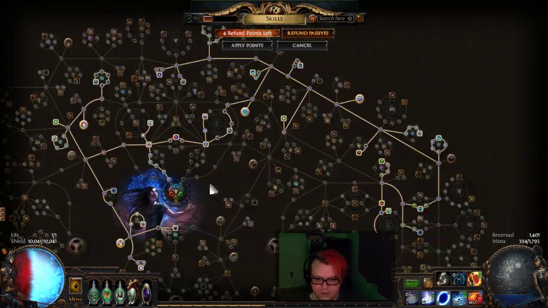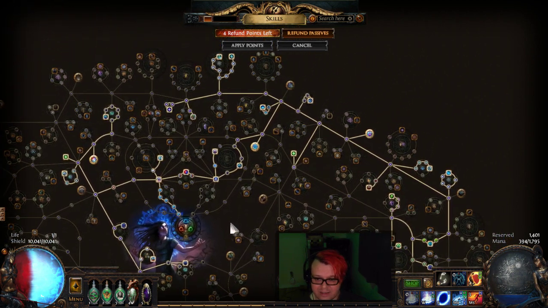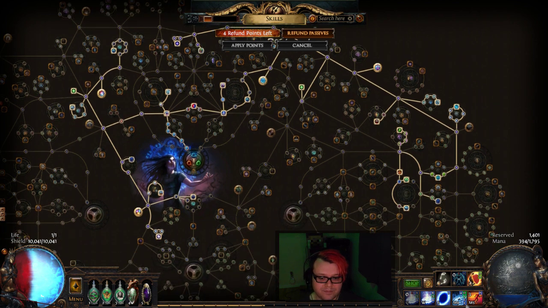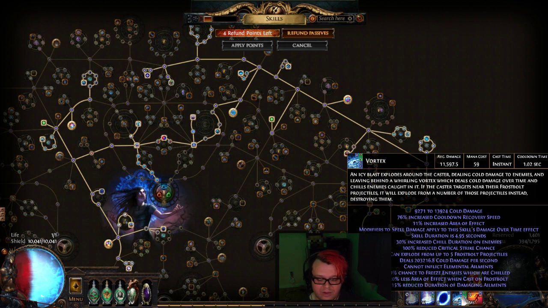Let me quickly just show off the tree, and it's basically your standard-esque kind of Vortex that you have. I went for a few more shield nodes than I normally would have. Basically, from here on out, I'm just upgrading shield nodes. Damage is where it needs to be. It does respectable damage. Here it only shows 11.597, but